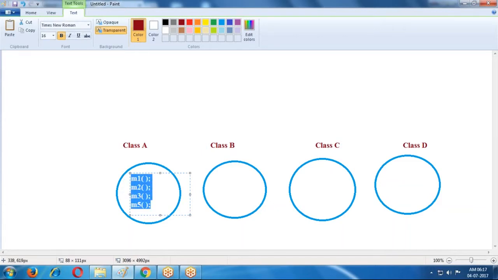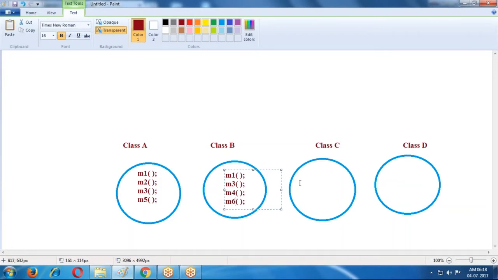These methods are available in class A. In the same way, here M1, M3, M4, M6.